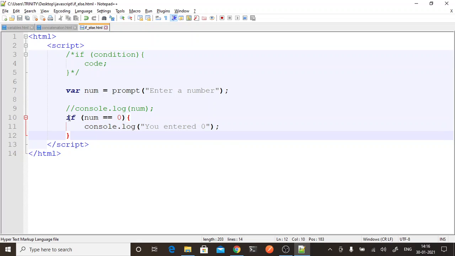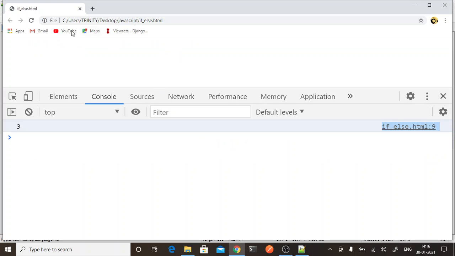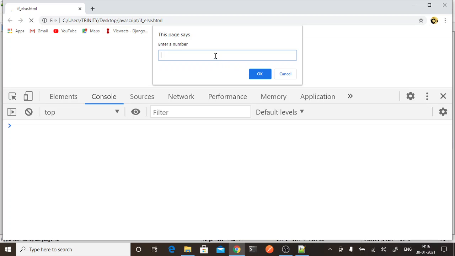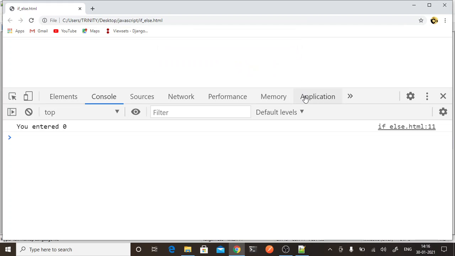That is what I want to check. If I give a 0 input, then this condition is met, it is true, and then you will show me this. So let's run this block of code. I will enter 0. It is saying you entered 0.